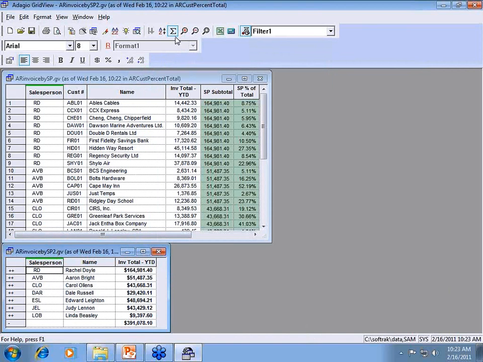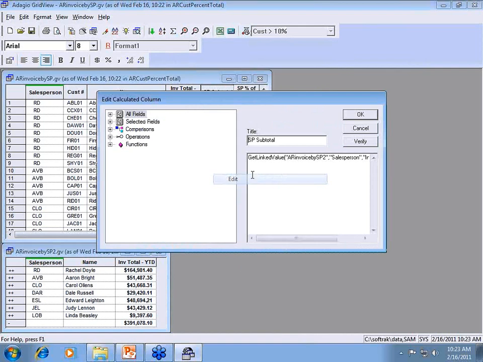We can see that this one has the summarize option turned on, but if I click on this view on the above, the summarize option's off. So in this one over here, I happen to have subtotals for each of my invoice totals year to date for each salesperson. And I've got a similar, we'll edit that,